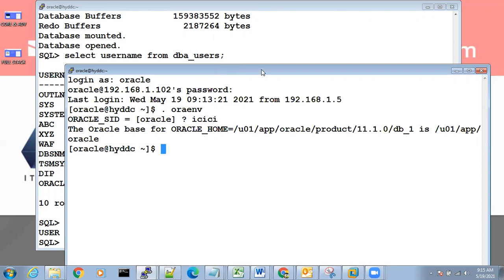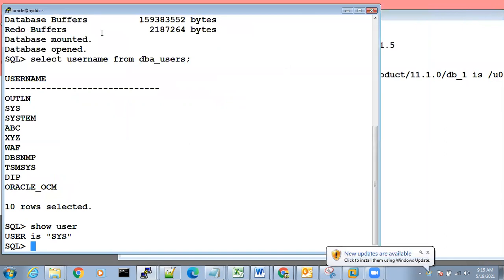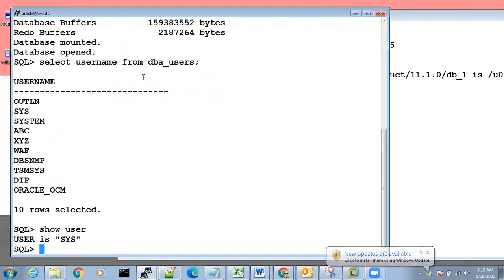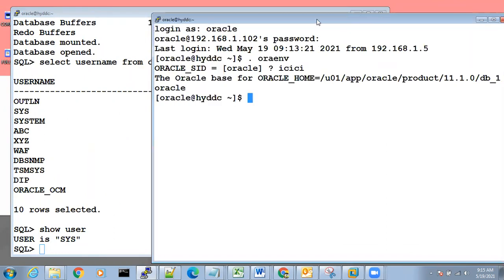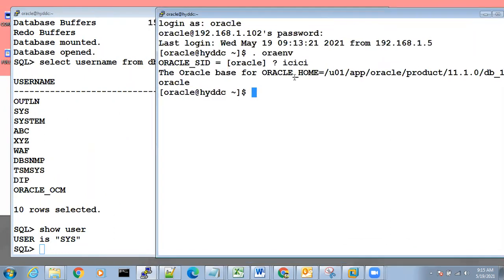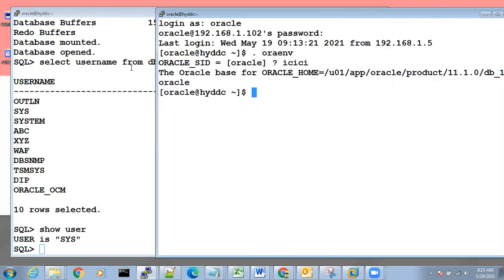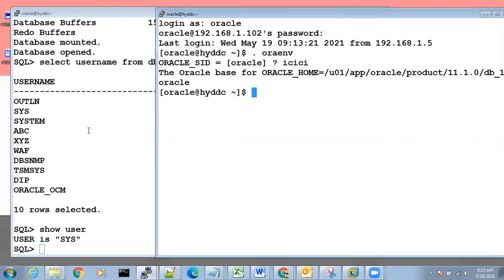Okay, now how will the user connect? Let's assume that this server is in the US. This is the database server. This is in the US. This is the user session. This user is in India. For example, the server is in the US, but the user is in India. How will this user interact with this database? How this user connects with this database is today's session, with regards to networking.